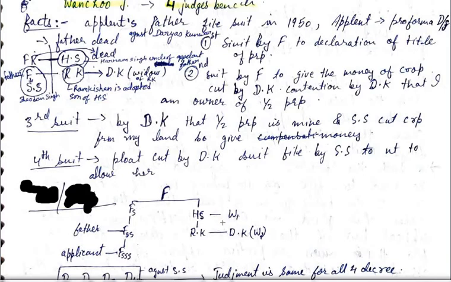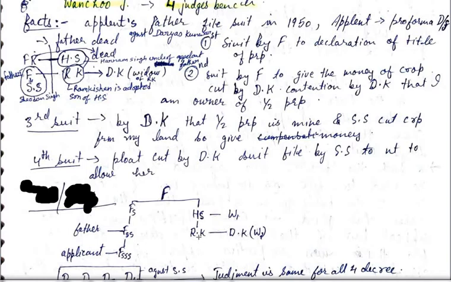W1 is his widow, and RK is the adopted son. Ramkishan is the adopted son of Harman Singh,